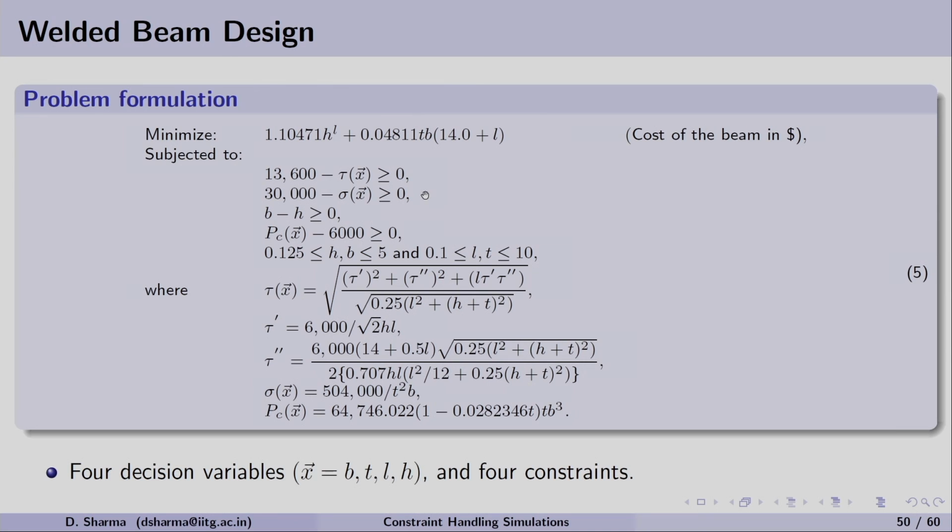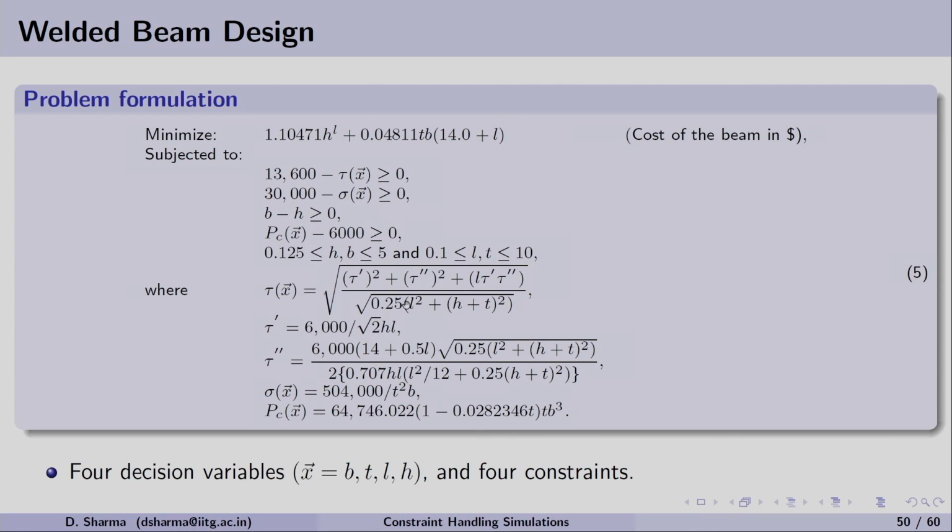So, the two constraints are based on the stress, meaning that the load which is applied should be withstood by the weld, it should not break. The third constraint is based on the dimension, and the fourth constraint is based on the force applied. Here we can see h and b are lying between the range of 0.125 and 5, and l and t having other range. Looking at the value of tau, which is calculated with respect to tau prime and tau double prime.